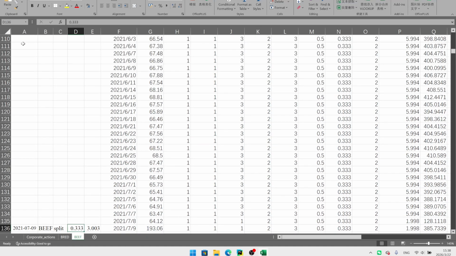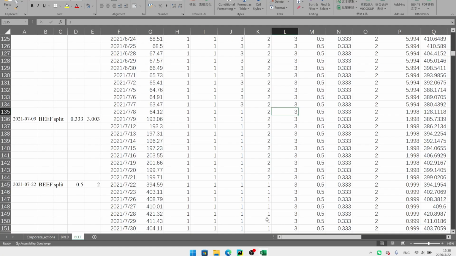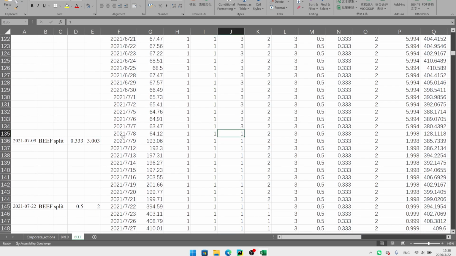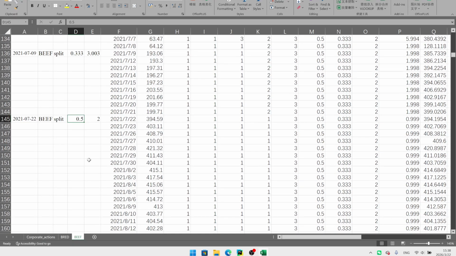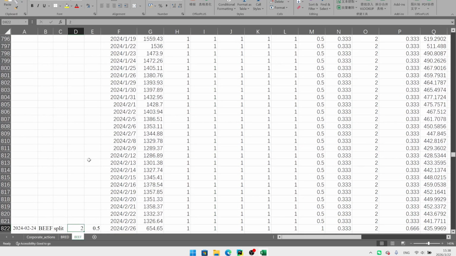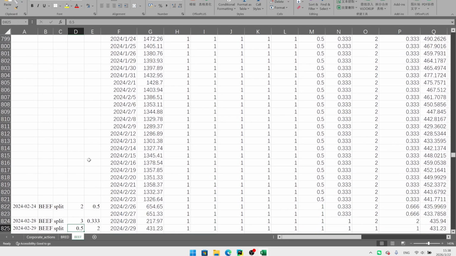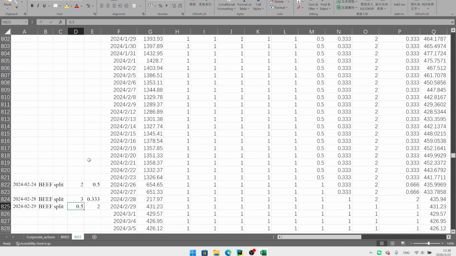And it's 0.33, it should be what? Should be 3. Split 2. Zero point 0.2. 0.2 means